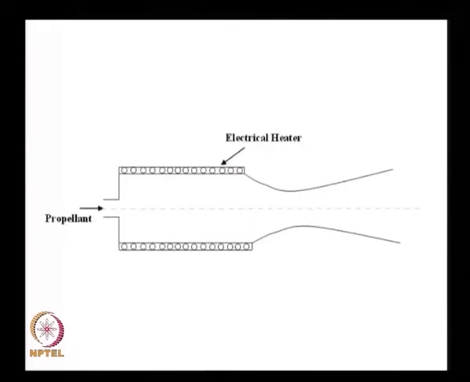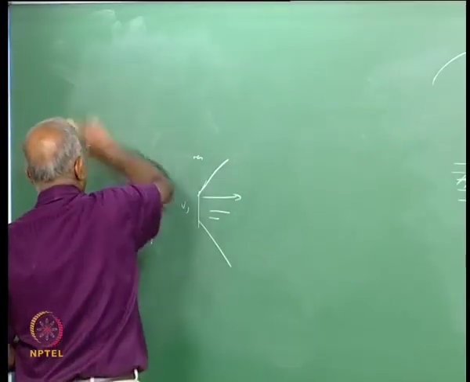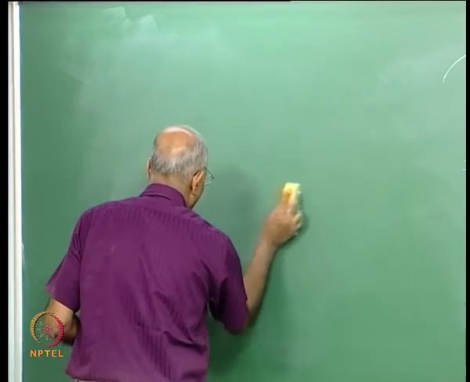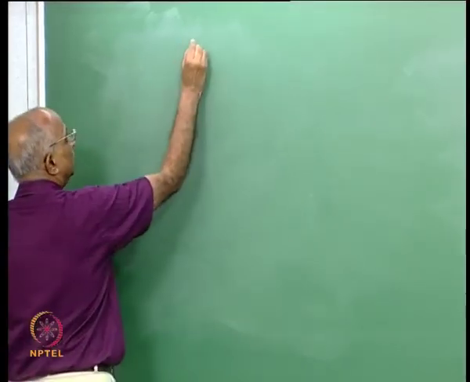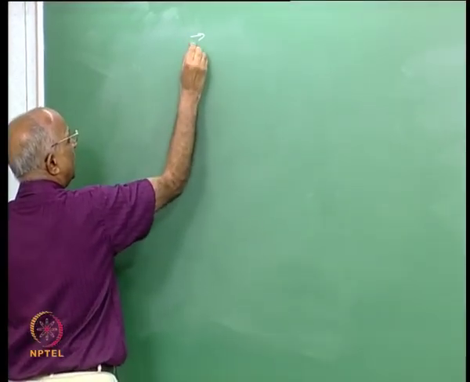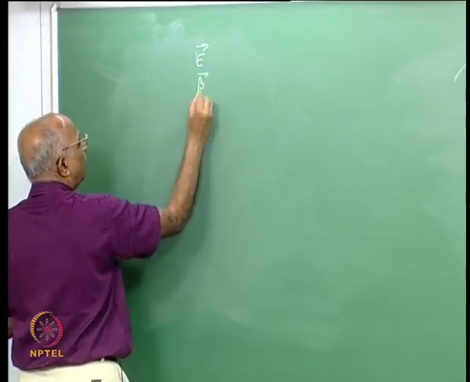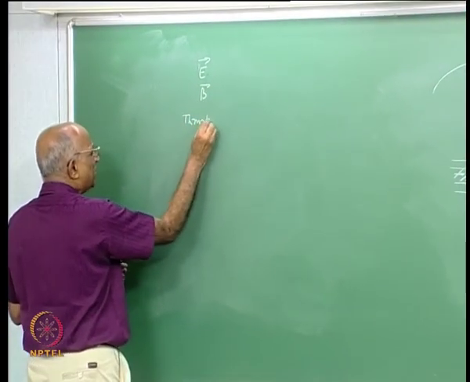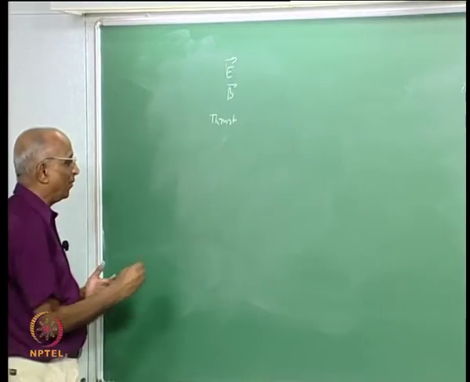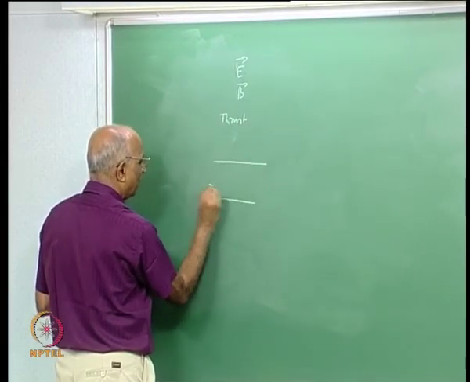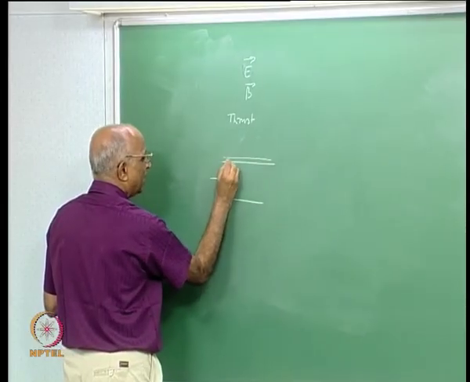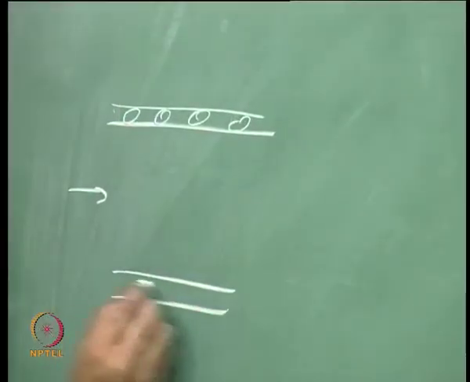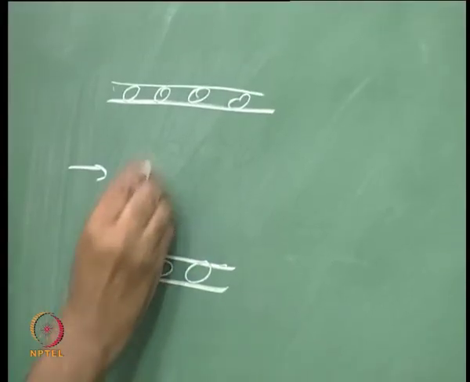Well, this is all about thrusters, but something which we missed out, and I missed it out very intentionally. We talked in terms of electrical rockets, and in electrical rockets we essentially went into the principle of electrostatics, E bar, and electromagnetics, B bar, for how to generate thrust. But something which was very apparent which we did not do was, supposing I have a gas flow and I use maybe a series of resistances here, I put a resistance coil on the wall,